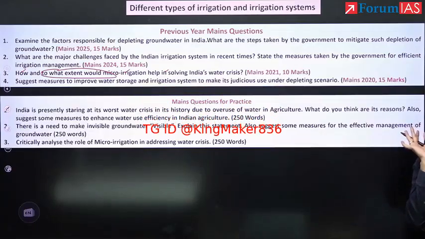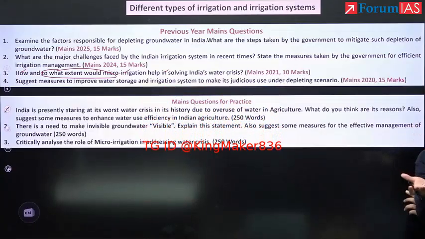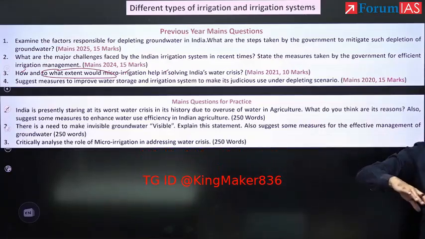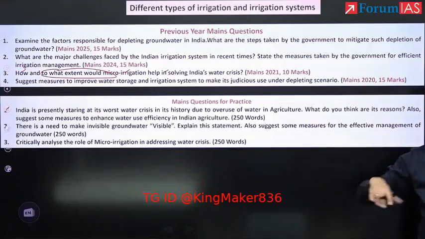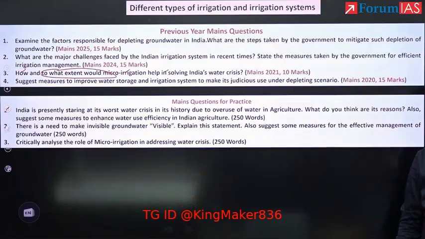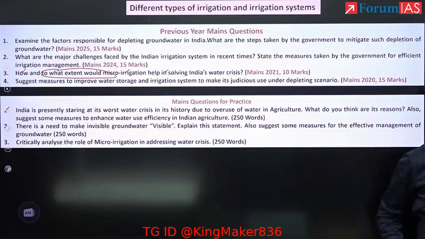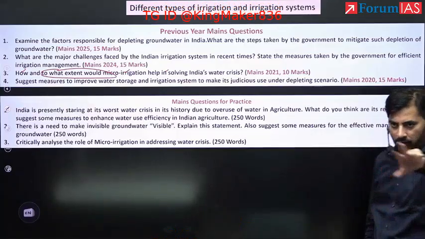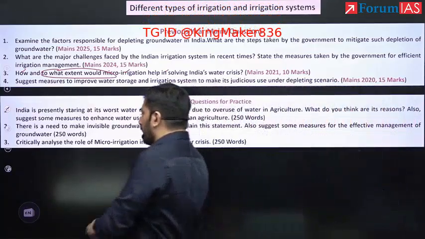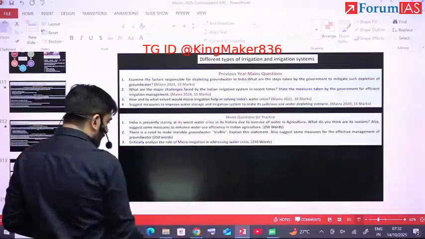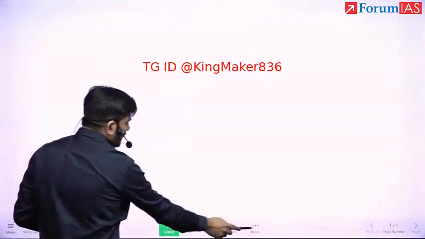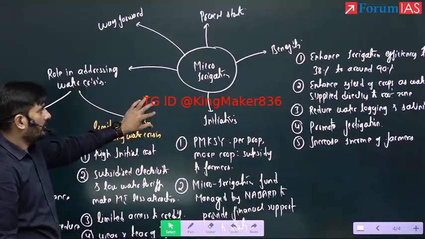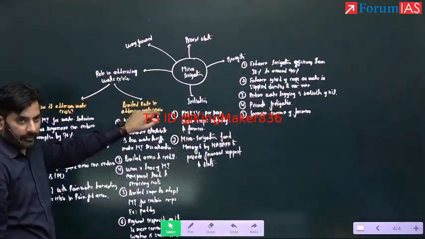Now let's say in next year mains, whatever it is, you get a question explicitly on challenges of micro irrigation. Can you write those 6 to 7 points that we covered? Directly challenges. Value addition कैसे कर सकते हो आप? Benefits. If the question is on benefits, you can write in benefits and then passing reference you can make to challenges. That's it. So what I have done is I have helped you prepare a one-pager notes on micro irrigation so that if any question is asked on micro irrigation, you should be able to write an answer to that. ठीक है? Everyone is clear? Okay.